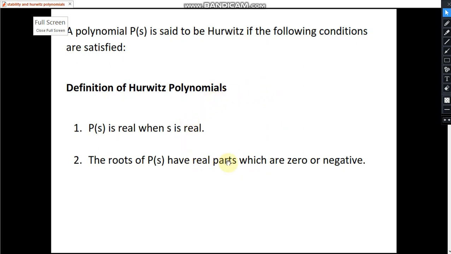If we are able to find the roots, then there is no need of finding out whether the polynomial is Hurwitz or not. Why so? From the poles of the system, we can directly find out whether the system is stable or not. Then what is the usefulness of finding out? Usefulness is there only if we can find the Hurwitzness of the polynomial without actually determining the roots. Without determining the roots, we can find out whether there is a root in the right half plane or not, or whether there is a root of multiplicity more than 1 on the j omega axis or not.